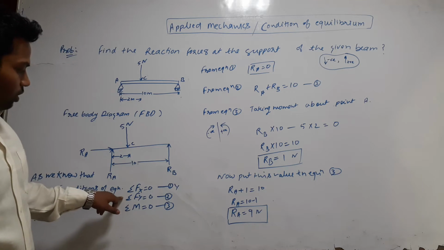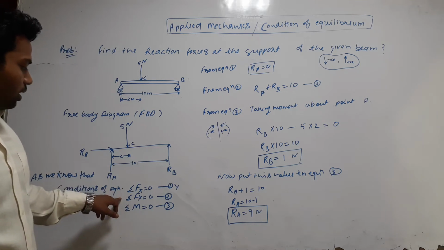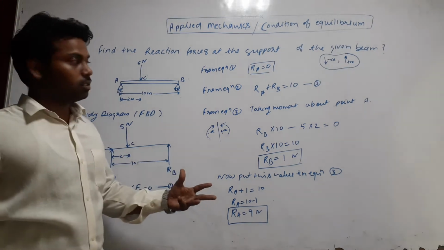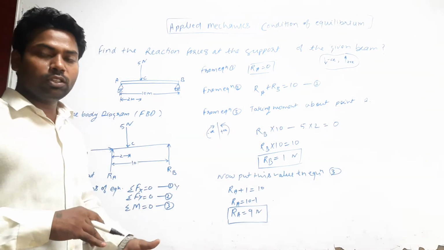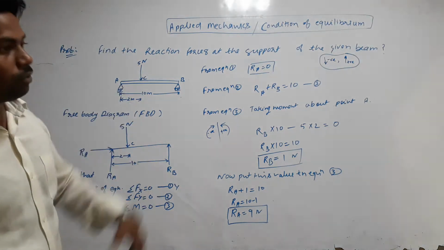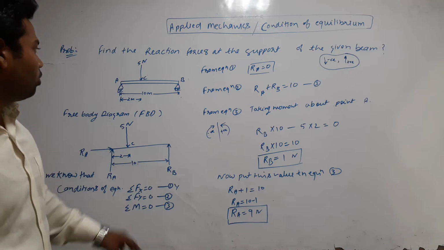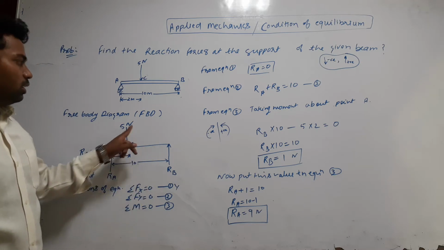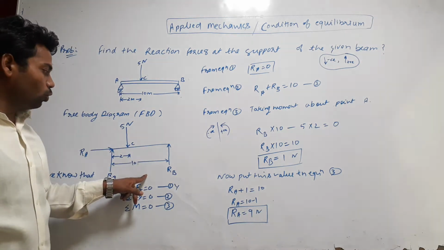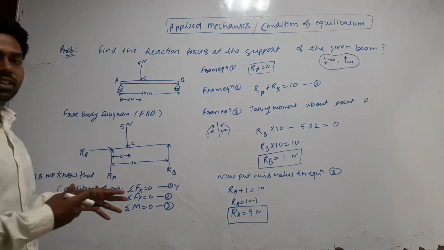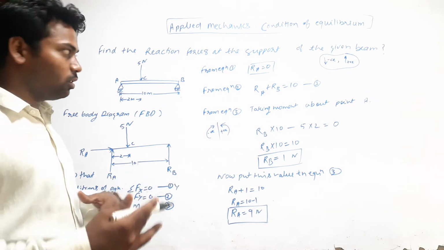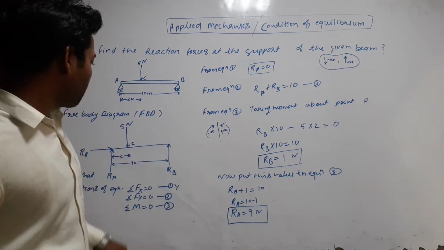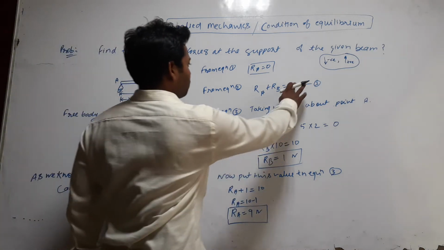Now come to the second equation, the second condition. What is the second condition of equilibrium? That is the summation of all the vertical forces on the particular body should be equal to 0. If you see the diagram, there are 1, 2 and 3, three vertical forces. So we have to sum up all three forces, and put them equal to 0. Okay, so as you can see, sorry, this is 5.